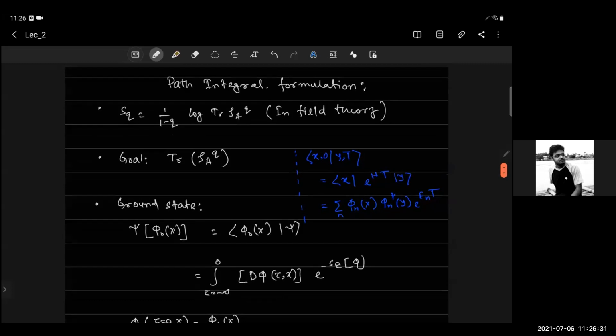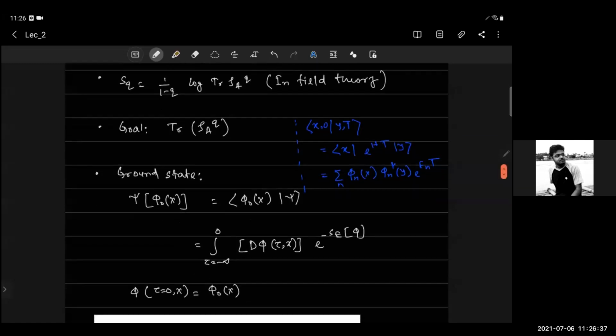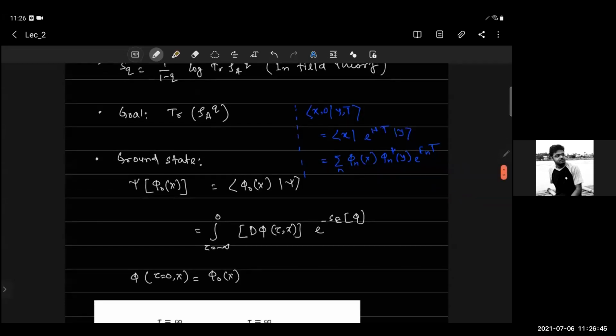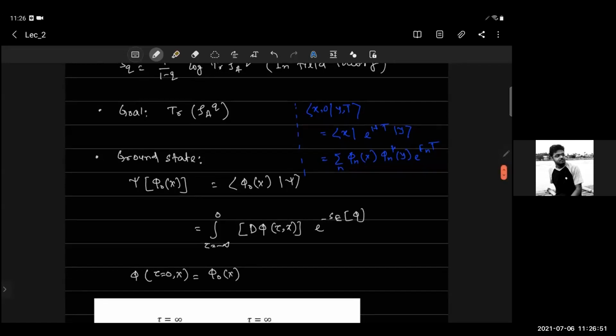To define rho, one needs the ground state wave functional for the field. Then you integrate out the subregion and you define rho. The ground state wave functional is defined in the following way, which is the overlap of phi and psi, where psi is a state, and you integrate over all the phi,